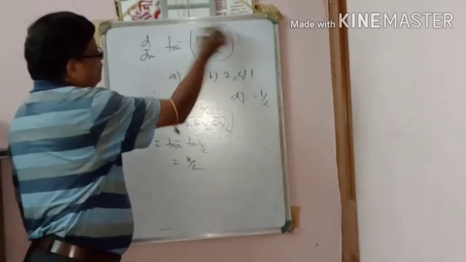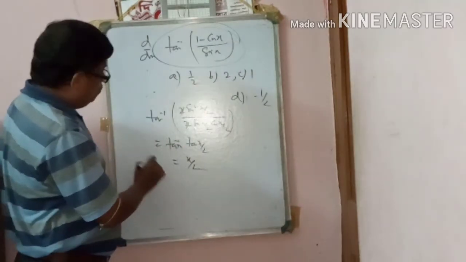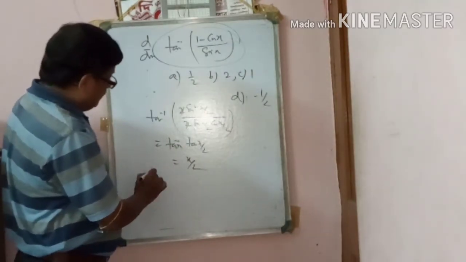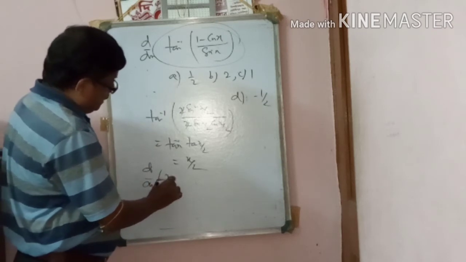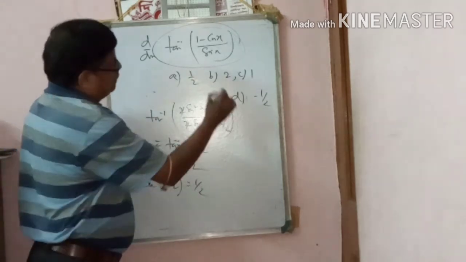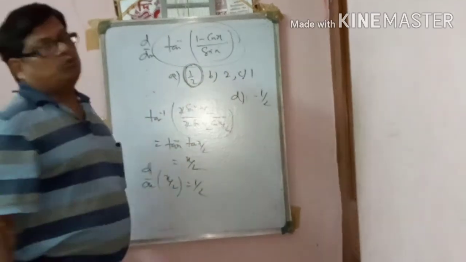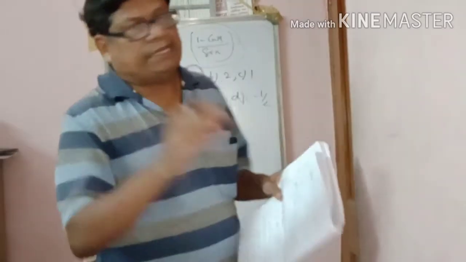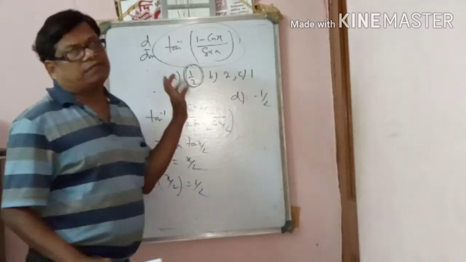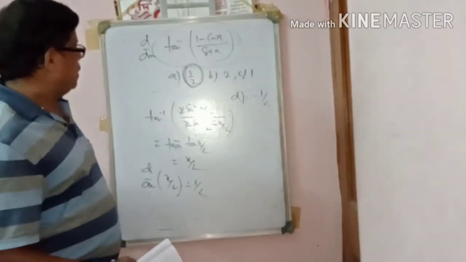So this part is y. So dy/dx equals d/dx of x by 2, which equals half. So the answer is half, so option A is correct. Option A is the correct answer. Now,